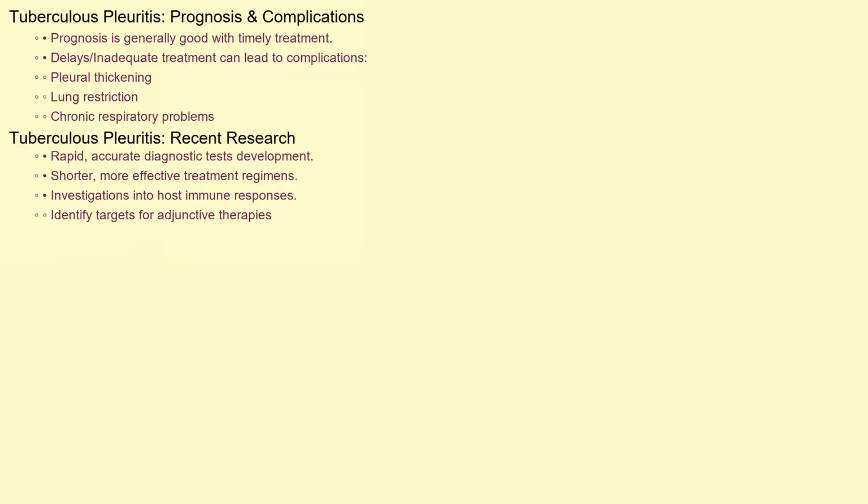The prognosis for tuberculous pleuritis is generally good with prompt and appropriate treatment. However, delays in diagnosis or inadequate treatment can lead to complications such as pleural thickening, lung restriction, and chronic respiratory problems. Recent research has focused on developing more rapid and accurate diagnostic tests, as well as shorter and more effective treatment regimens. Investigations into host immune responses are ongoing, aiming to identify potential targets for adjunctive therapies that can improve outcomes and reduce